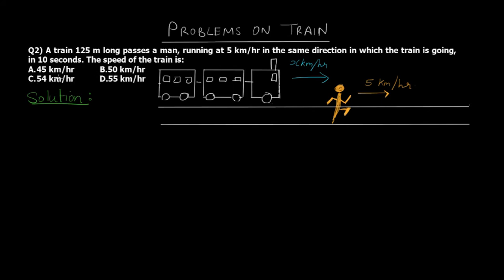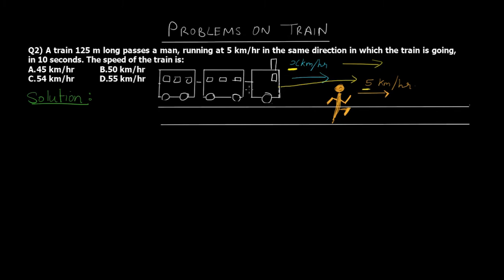So let's see what all details we have. We have a train and a man which are going in the same direction. The train is traveling at some speed which we will consider as x km per hour, and the man is traveling at 5 km per hour. Now they're saying that this train completely overtakes this man in 10 seconds, and they're asking for the speed of